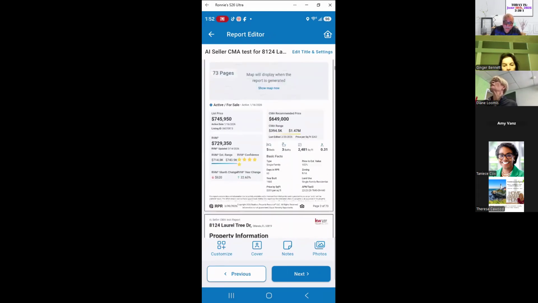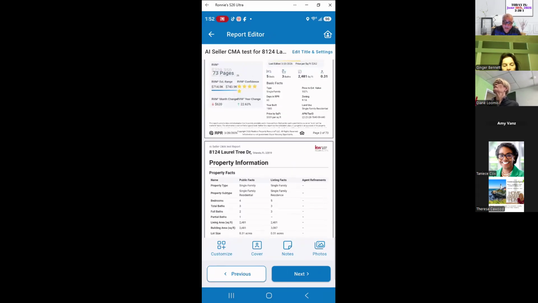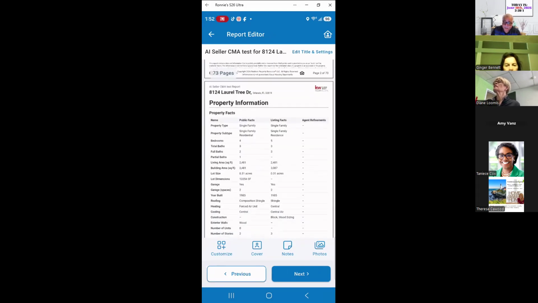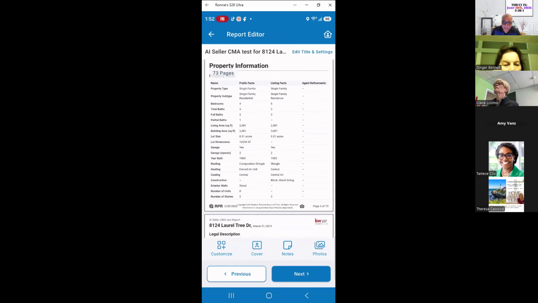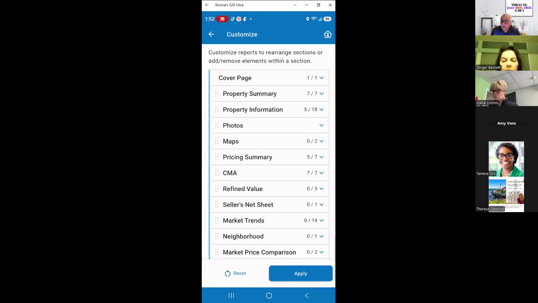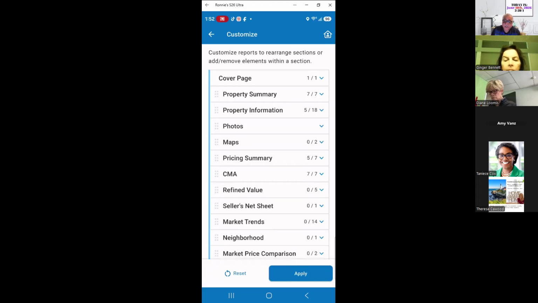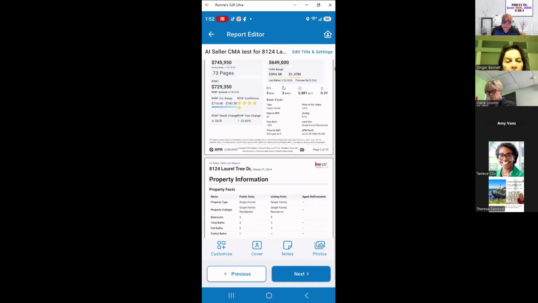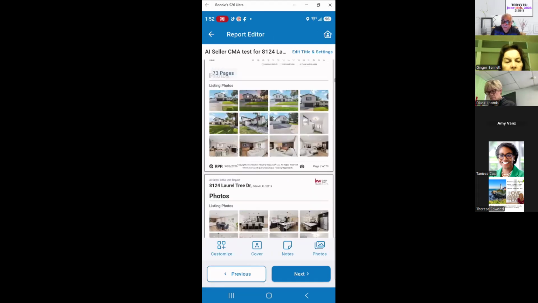There's the report. All right? You can customize it. You can change the cover. You can add notes. If you hit the customize, it's going to allow you to change the cover page, the property summary, the property information. Yes, there's too much information here, guys. You're free to play with it or not, or just let it go just the way it is. All right. Now, this is 73 pages,